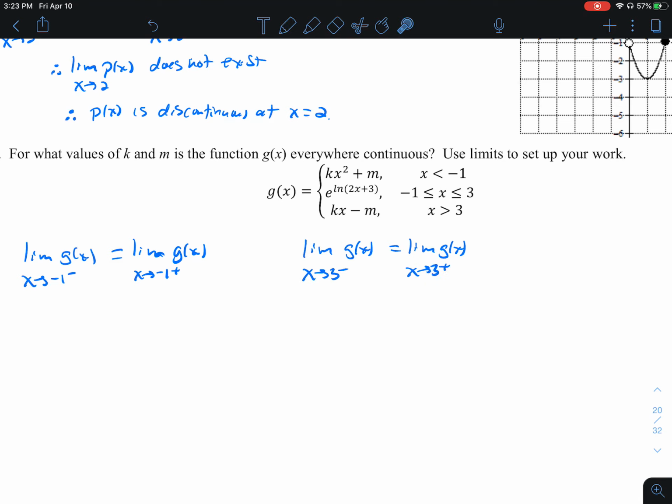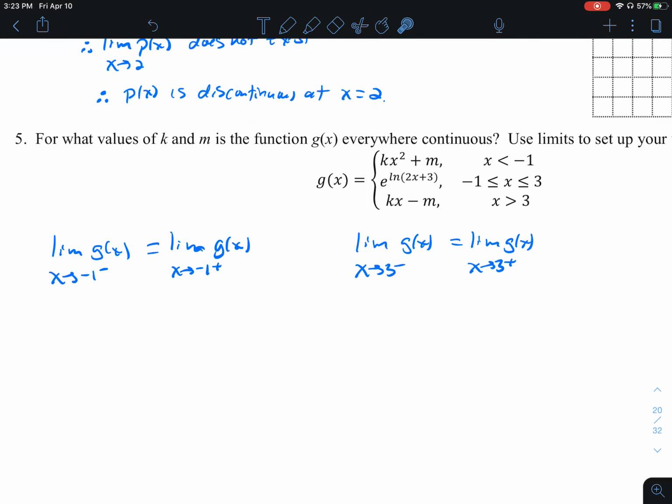We're getting these x values from the breaks in the domain. If we approach -1 from the left, that's this function here. So we're trying to find the limit of kx squared plus m as x approaches -1 from the left. And from the right,